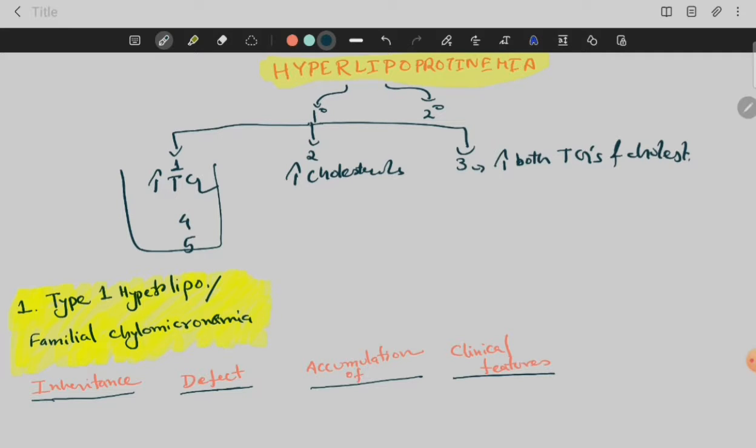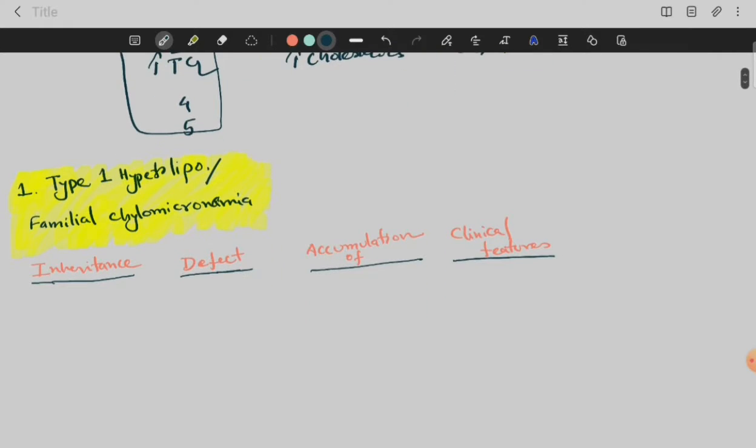First, we are coming to type 1 hyperlipoproteinemia, which is also known as familial